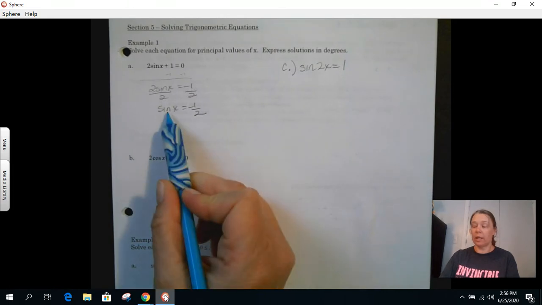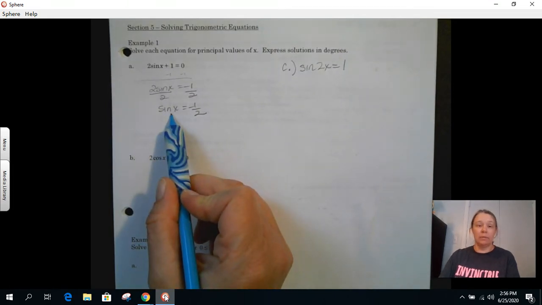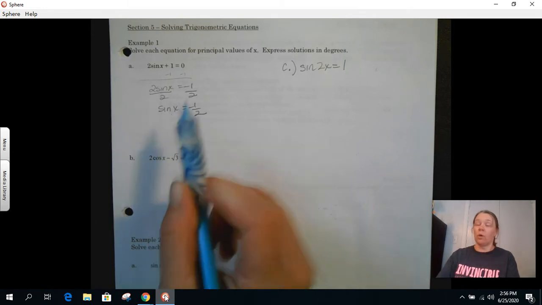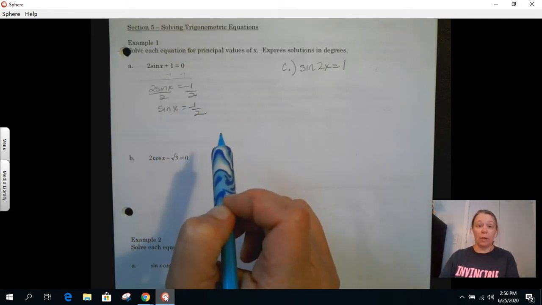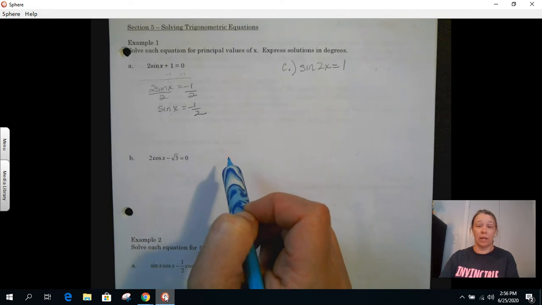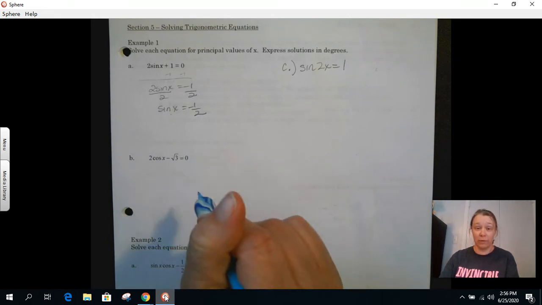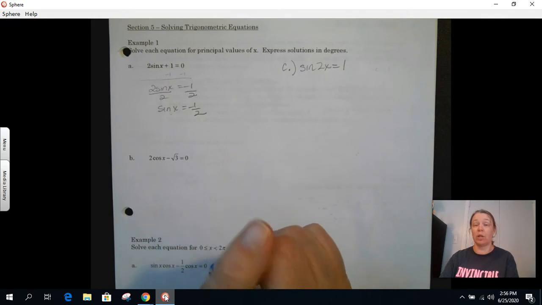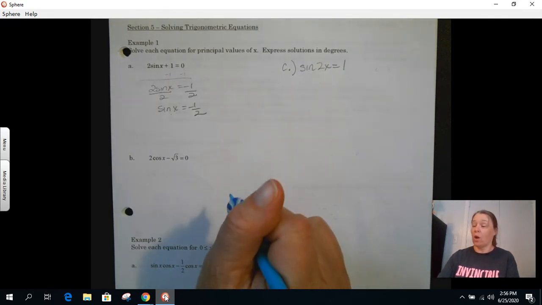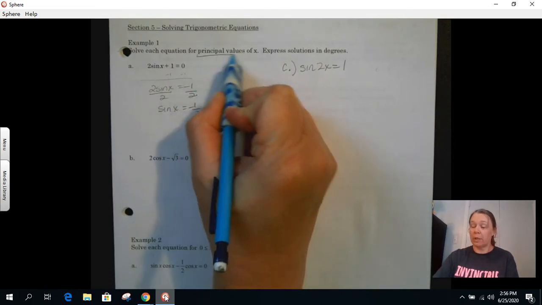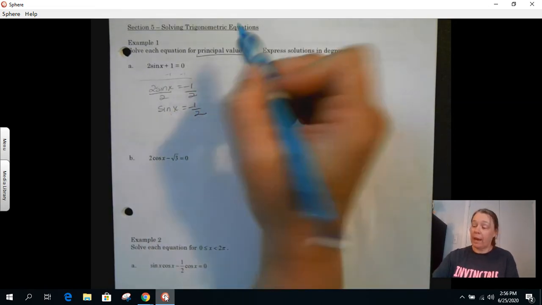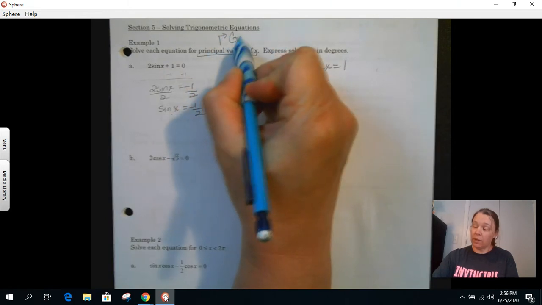We solved equations like this back in chapter 5, where we were solving our triangles, and we talked about taking the inverse sine of both sides to get the x. And we're going to do that here. But remember in chapter 6, we talked about taking inverses of sines, cosines, and tangents. And remember, we had the capital S for inverse sine and C and T for inverse tangent. Remember what that meant was that we gave our answers on a specific interval. When it says to solve for the principal values of x, that means you need to give your answers